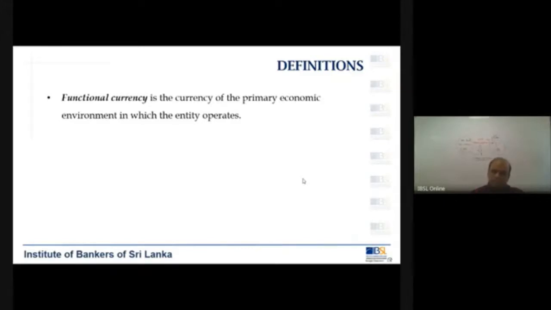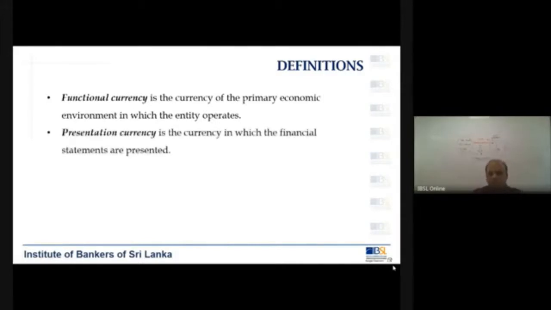What is the currency there? That is dollars. So, what we mean by functional currency is basically the currency that is applicable where you operate. If you operate in, let's say, Europe, you will be using euro. If you are operating in Australia, you will be using Australian dollars. So that is what it means. Functional currency is the currency that is being used, or in other words, the applicable currency, the base currency in the country in which you operate.